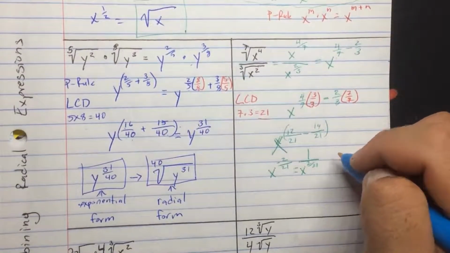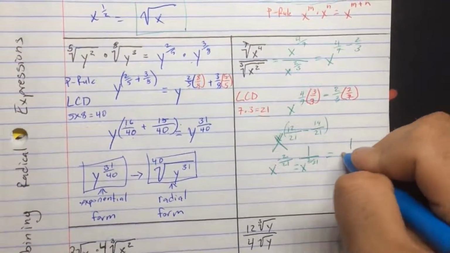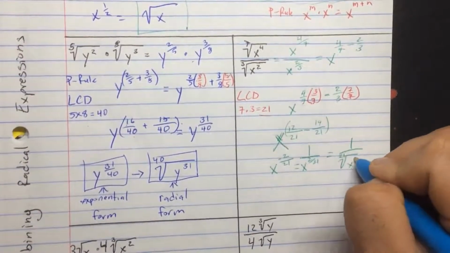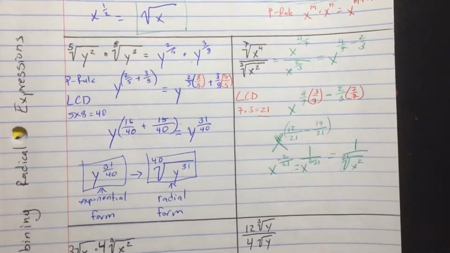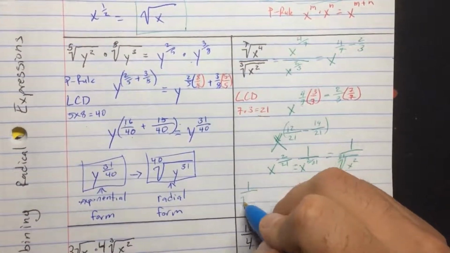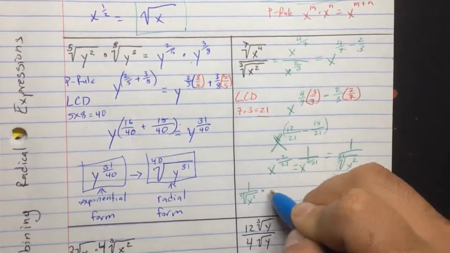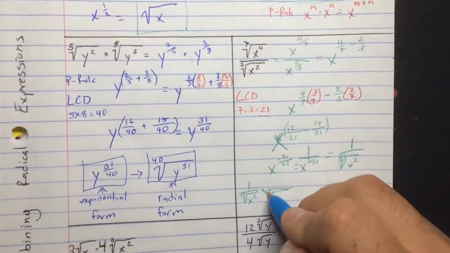oh, that's going to be a problem because it's going to be the 21st root. So we can go ahead and write it over here. So it's going to be 1 over the 21st root of x squared. But we can't have a radical in the denominator. So we have to multiply this by a 21st root of